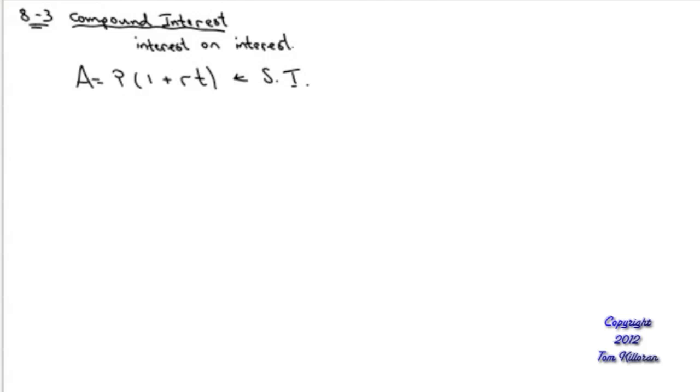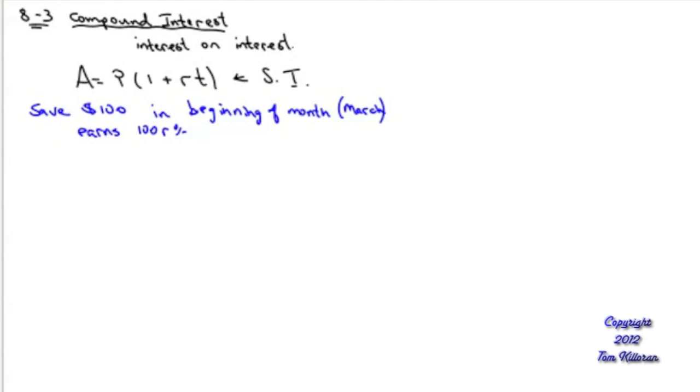So let's say we have a few things. We're going to put $100 away. Save $100 in the beginning of the month. Let's say March. So at the beginning of March, or at the very, very end of February, the 29th would be perfect this year, we put $100 into a savings account. It earns 100% APR,